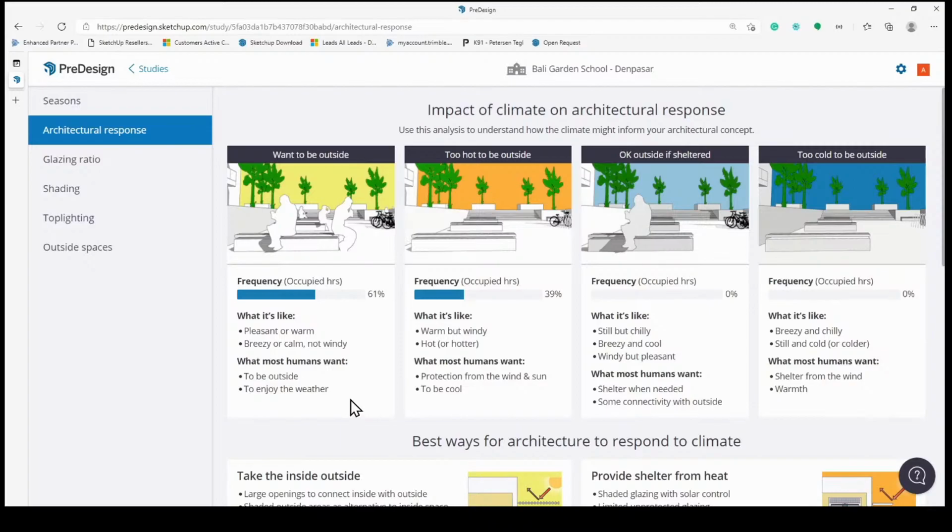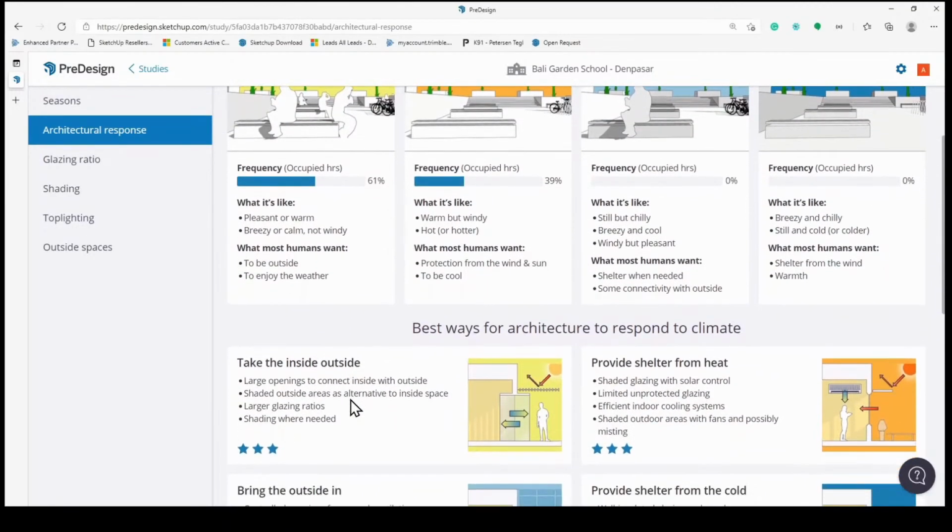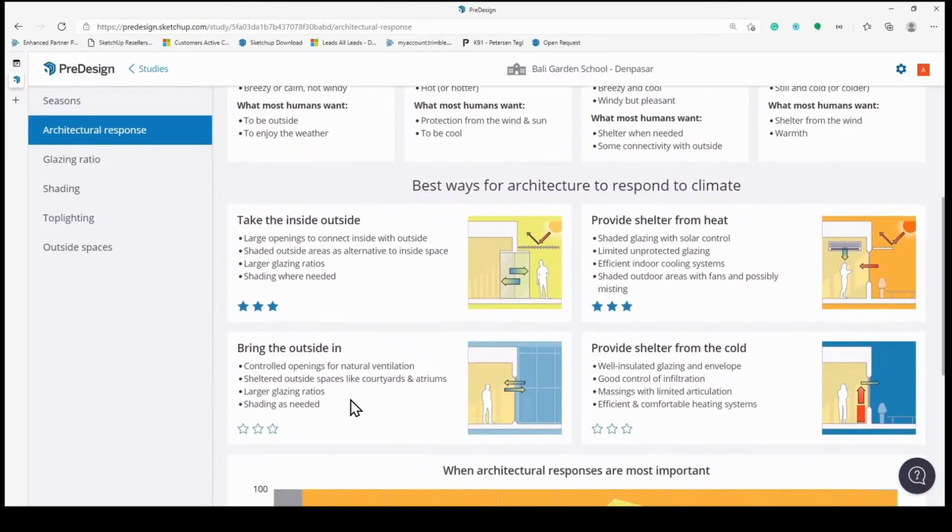So an appropriate architectural response in that kind of weather would be a building that allows people to be connected between the inside and the outside, with large openings, potentially so people can feel the connection, or potentially even ways to take the inside program space and use outside space as an alternative way to provide that space. But also, because this sort of weather is usually associated with sunshine, it's important to consider having shading where needed. So in this sort of weather, a subtropical or tropical climate, you can expect it to be